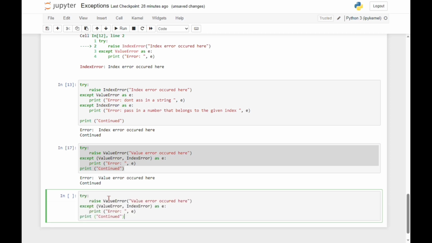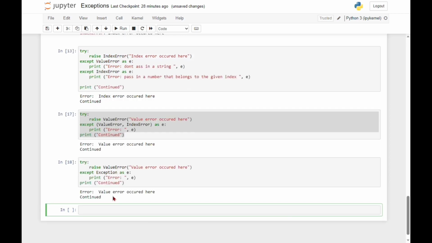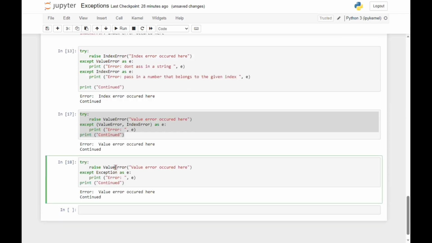So instead of writing except value error, index error in parentheses like this, we just say except Exception as E. This means that whatever exception happens, whatsoever, print this, and then print the detail of the exception. This is the one I use the most, except Exception. I don't have the time to be writing this for this, this for that. So if we have a value error that occurs, it says value error occurred here. If you have index error, if you have zero division error,